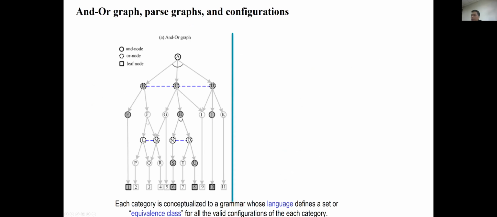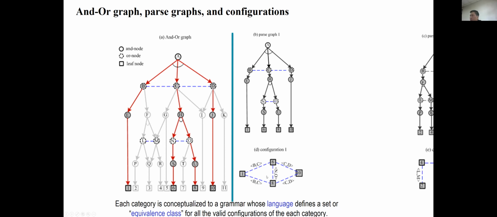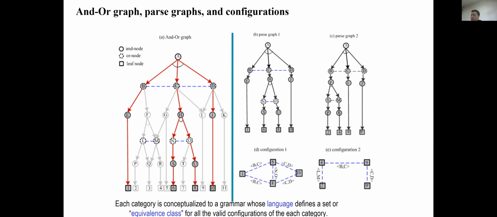So suppose I give you an example. This is an NL graph. And then when we select all nodes, for example, all nodes from A, B have two choices. You go this way. The C has three choices. You go this way. Then these red lines will generate a path graph. And then you can generate a so-called configuration, because the path graph is a hidden, latent structure. What you observe is the terminal nodes with a certain configuration. That's called a configuration. Then you have multiple path graphs that can be generated from this NL graph, and then